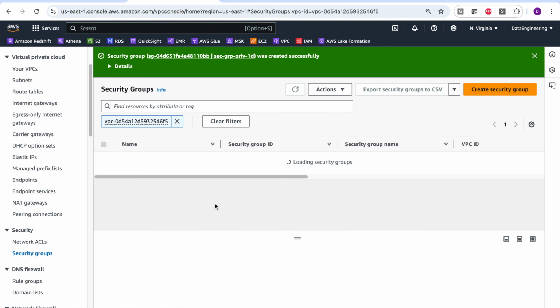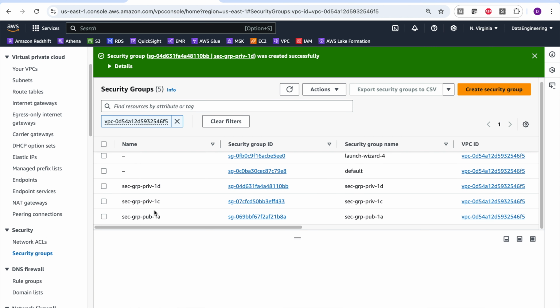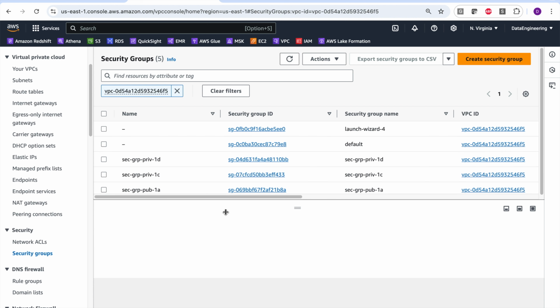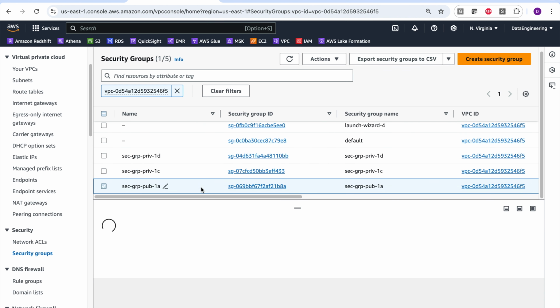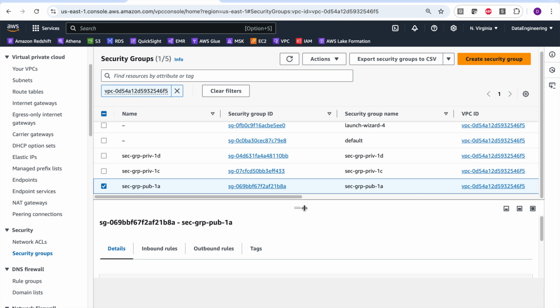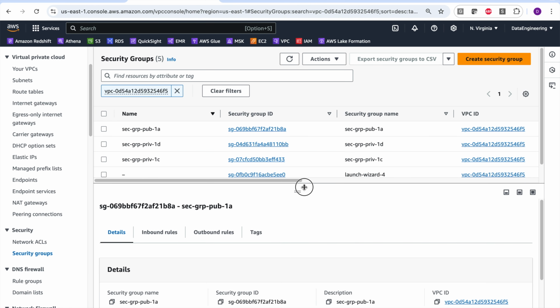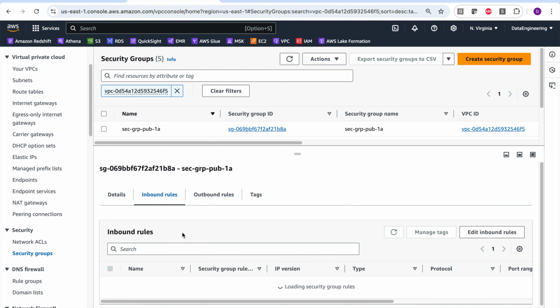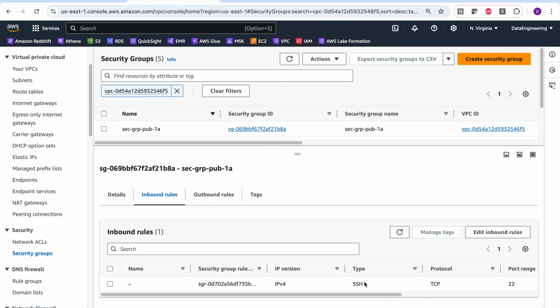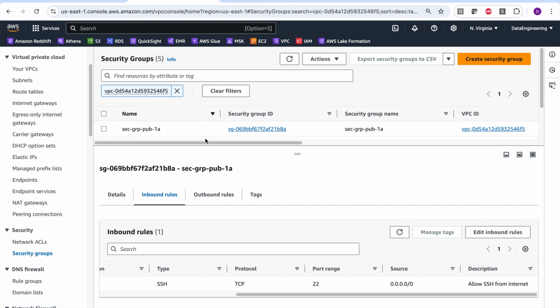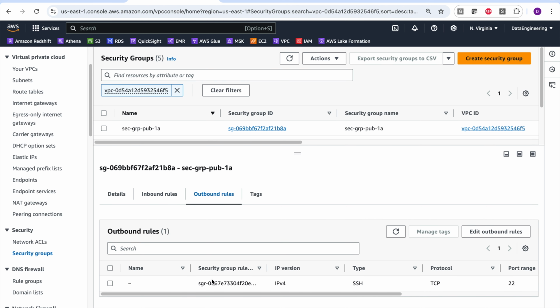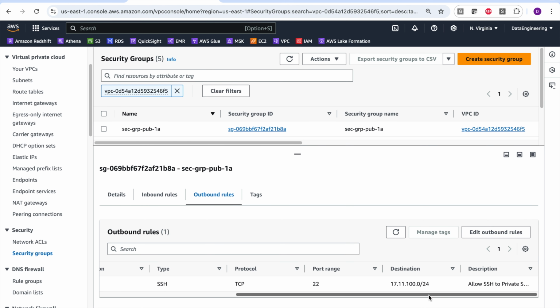So I have created security groups for the EC2 instances in public subnet 1A, private subnet 1C, and private subnet 1D. Let's look at the inbound and outbound rules for security group 1A. In the inbound rule, I have allowed SSH from the internet, and in the outbound, I have allowed SSH to private